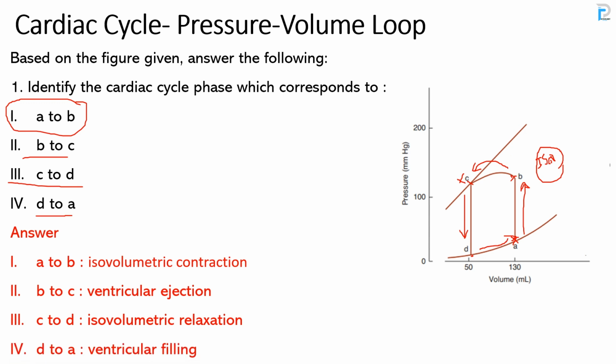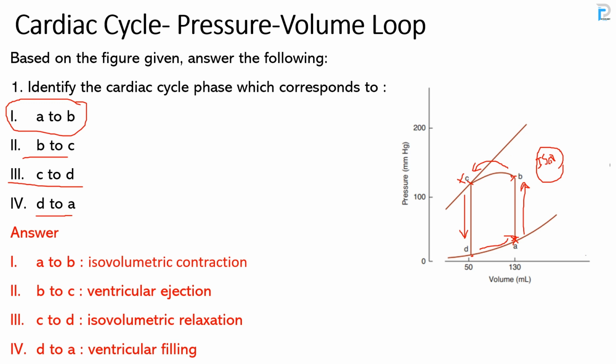Okay, so in summary, here we have the left ventricular pressure volume loop. We see here the ventricular volume increase, that is the filling phase. After filling, the ventricle contracts isovolumetrically, so there is an increase in pressure, no change in volume. Then the ventricle ejects the blood into the aorta, so that is ventricular ejection. After ventricular ejection, the aortic valve closes, and with the aortic valve closed, the mitral valve is already closed. That will cause